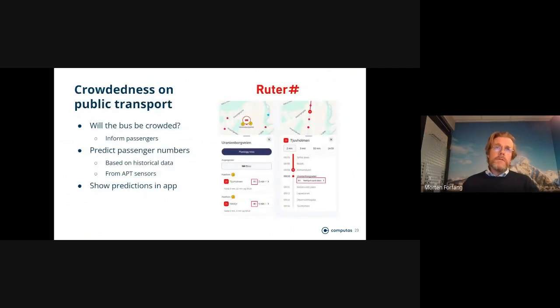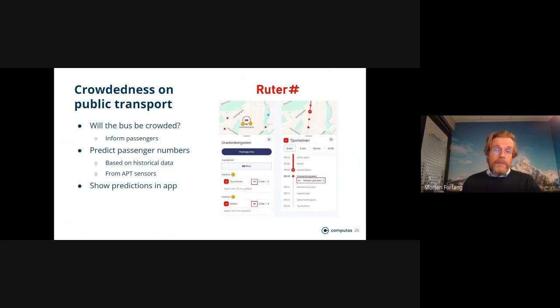Another area where we do work is crystal ball gazing. Optimization problems, technically speaking, so that's essentially looking at past history, for example, with Ruter, this public transport company, where you are about to enter a bus, and then you wonder, is it going to be full? So we're guessing about whether it's going to be full.